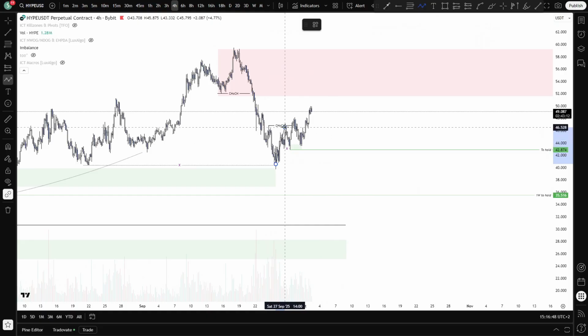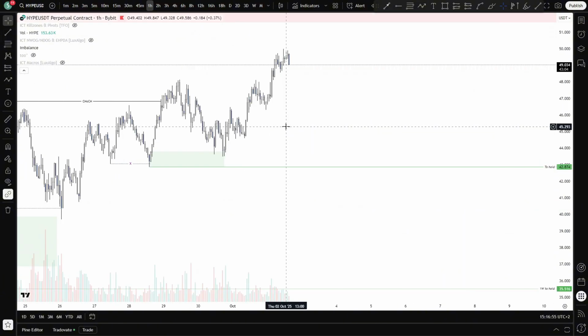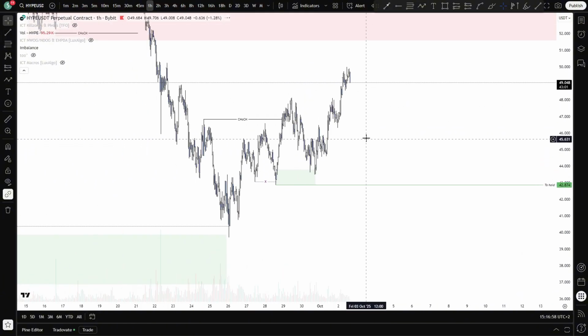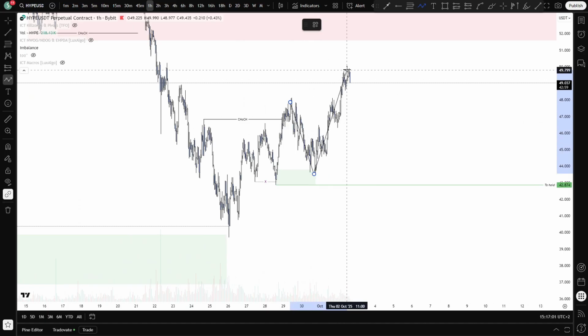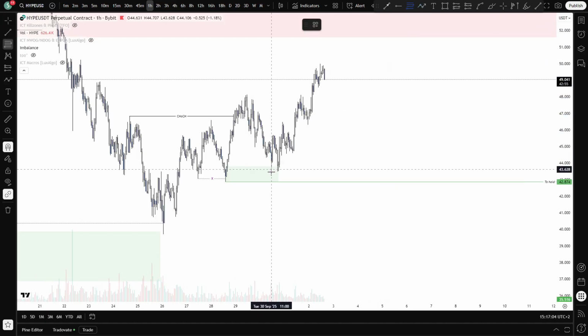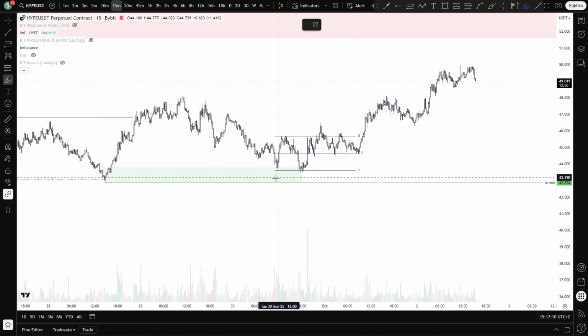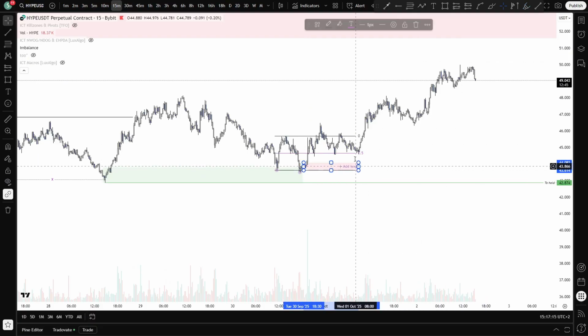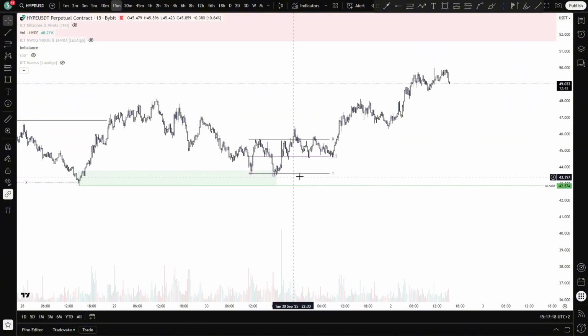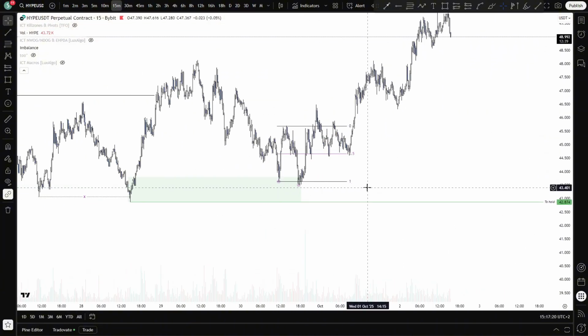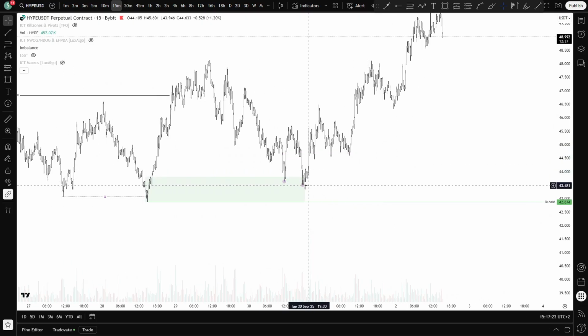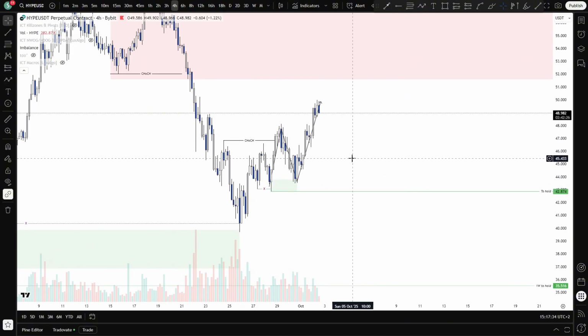From there we traded up, creating higher lows and higher highs, and that is where we left off the last video. I pointed out that this demand zone was your zone to look for a continuation long on Hype. We didn't unfortunately get the entry we wanted and thereby no trade. Why? I had this range in my chart, so I was looking at a retest on either the extreme demand or a third tap outside of our range to look for an accumulation and long. We didn't get it, but you don't get to trade everything,